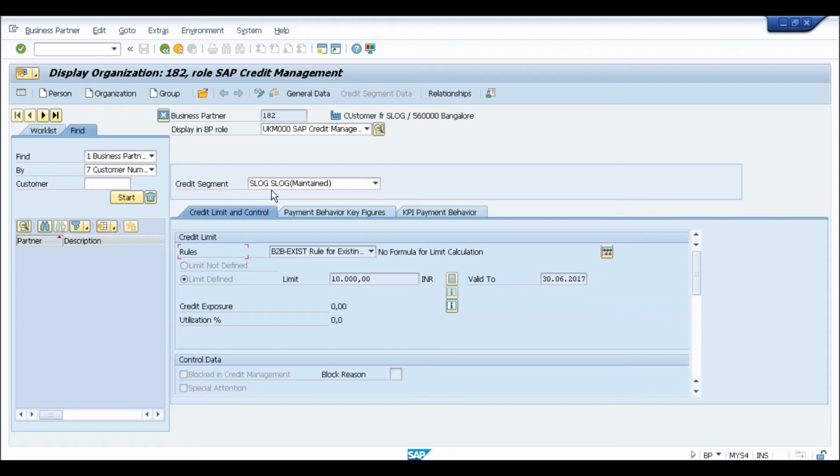Yes. Whenever you perform any transaction in your ECC system, in real time, if the system interface is made in such a way, if you are using the centralized credit control, it will come into the system, check the credit availability in the credit segment, and accordingly it will react. Okay. But what if I don't want to come to S4HANA? I am good with ECC and I still operate my credit checks, everything, in a credit control area. What is the need for us to create those customers here? Like a customer in ECC, do I need to create a BP here in S4HANA?